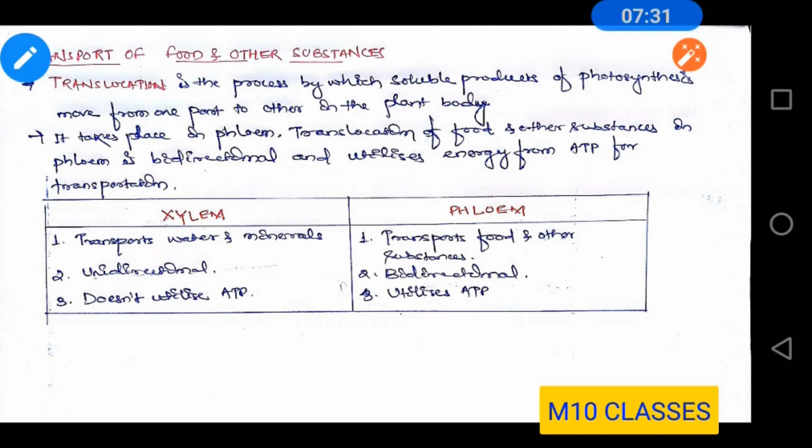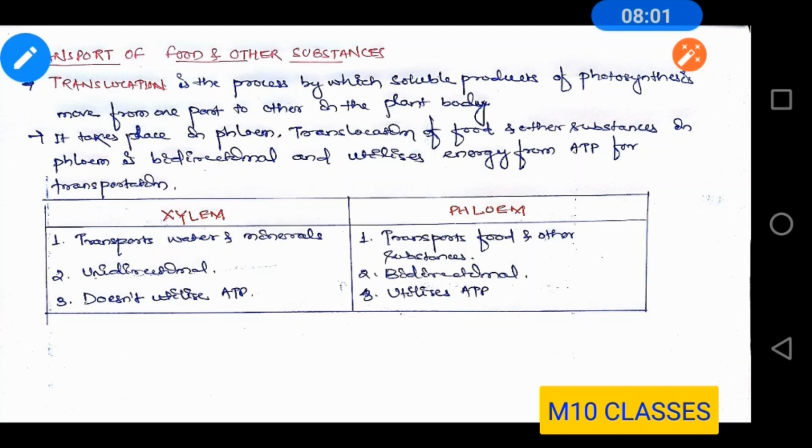Like suppose there is a paper delivery boy, he is going to deliver paper wherever it is required. Likewise, phloem, by the use of ATP, first of all will carry the food materials by the use of energy, then water will get into it. Gradually it will get transported to different parts, and wherever the food material is required, there will be low pressure, and the food materials will be delivered at that location where it is low pressure.